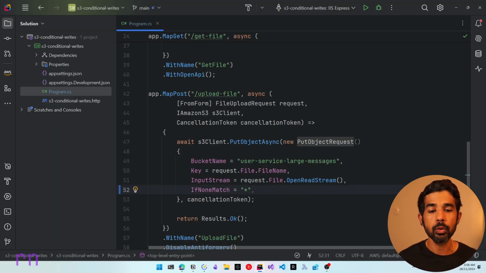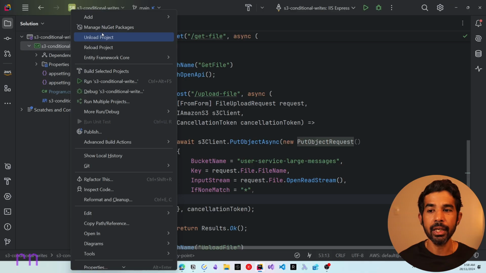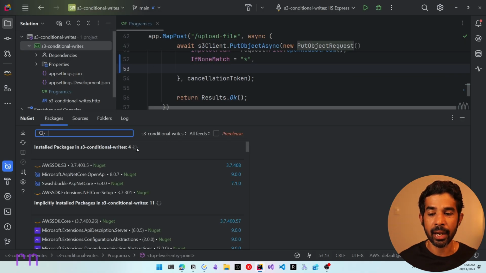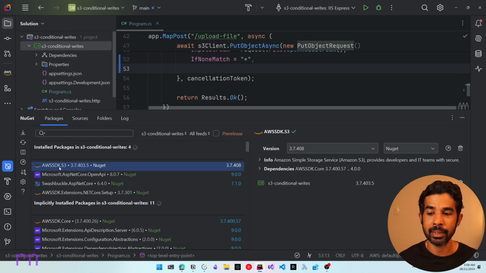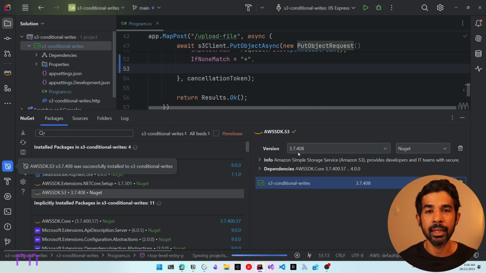Now, if you look at this version of the PutObject request, you can see that this does not support the if match header. However, if you manage the NuGet packages, you can see that there is an update to our AWS SDK library, and we can update this to 3.7.408. Now, I'm not sure of the exact version where this specific support was added, but this version does support the